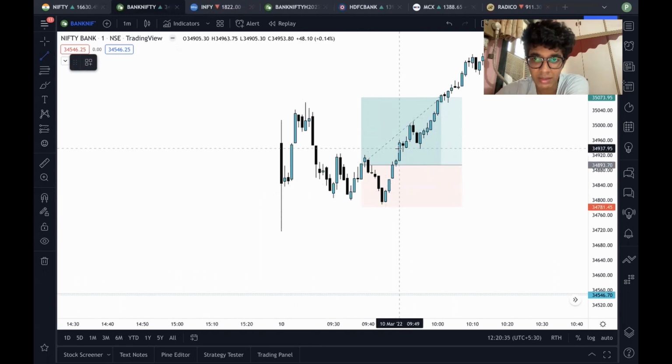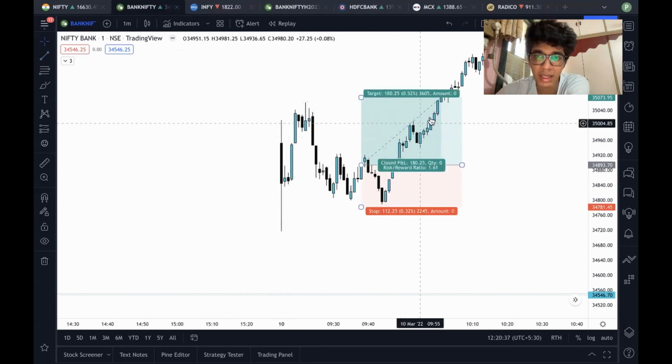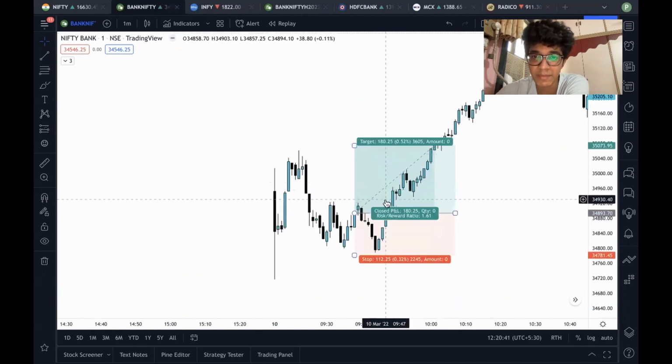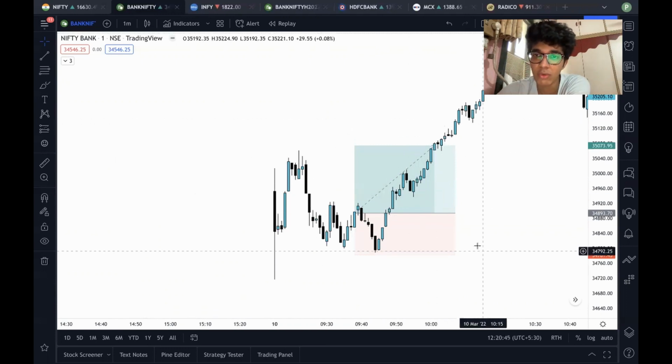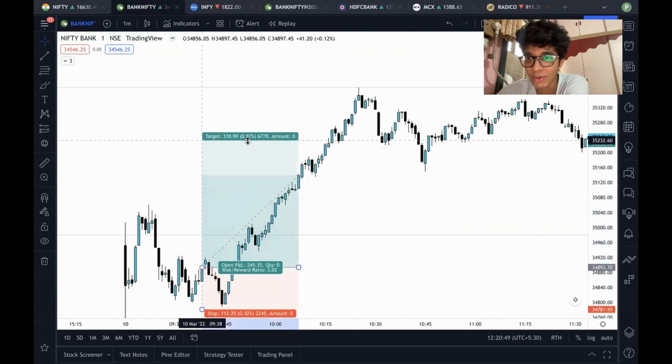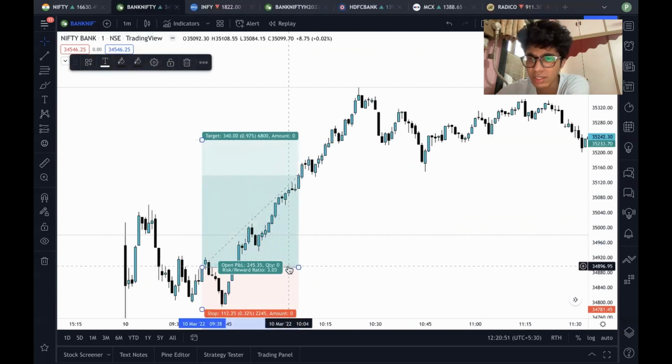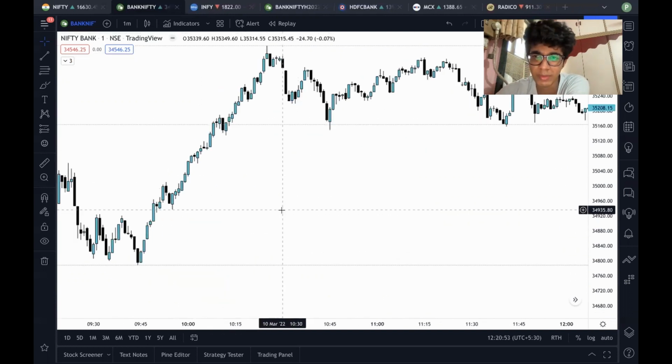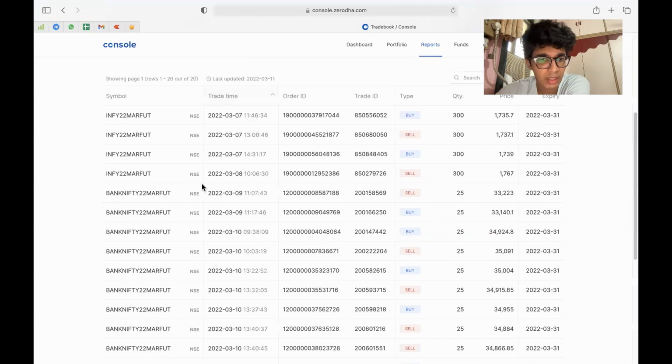And after that, the market went higher. The market went higher to what level? I bought it till this level because I was waiting till this level, expecting it to come up to here, eat the stop losses of all the shorts, and then it might go lower. That's why my target was only this much. If I knew it was going to be this bullish, I definitely would have trailed my stop loss. But I didn't do that, and that's completely fine. I think it's a video. I'm not going to spend a lot of time explaining this.